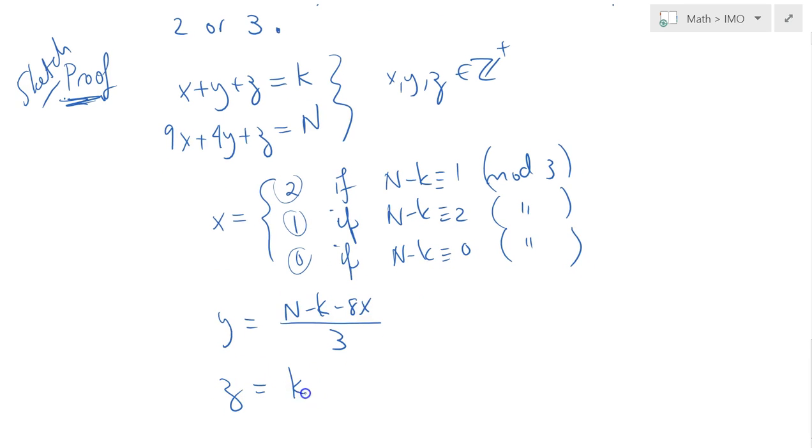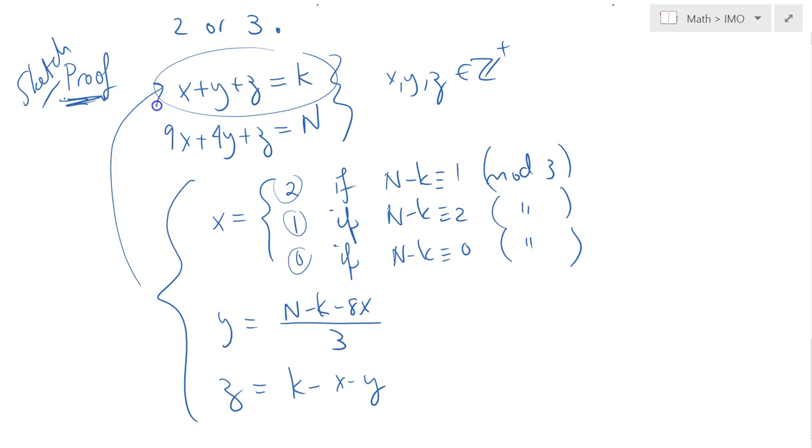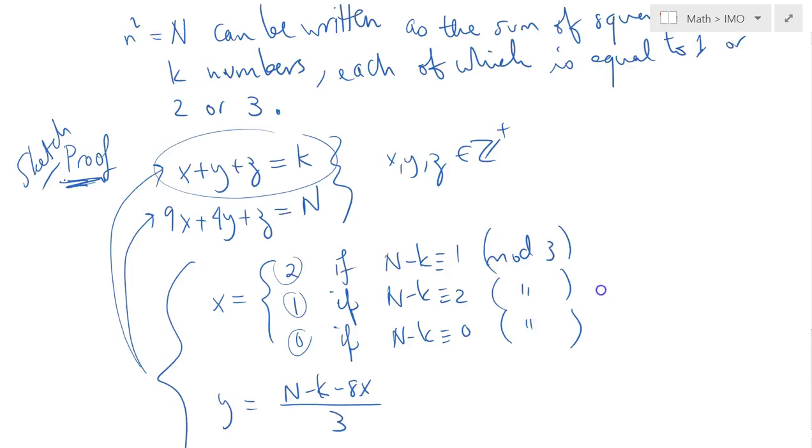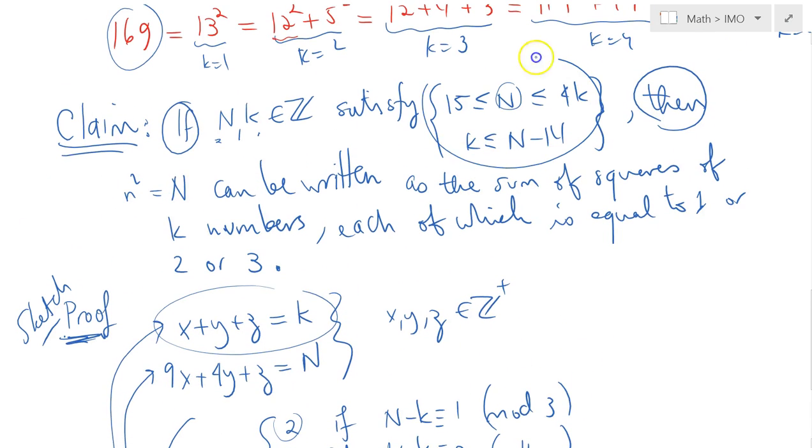And z is equal to k, once you know x and y, obviously, because z should satisfy this, x minus y. So I claim that this holds, and I'll leave it to you to check that x, y, z defined like this satisfy both of these equations. The first one is trivial, the second one requires a little bit more work, but make sure that you also make use of these conditions when you do your